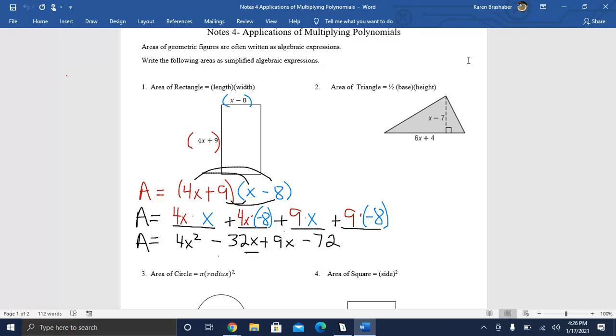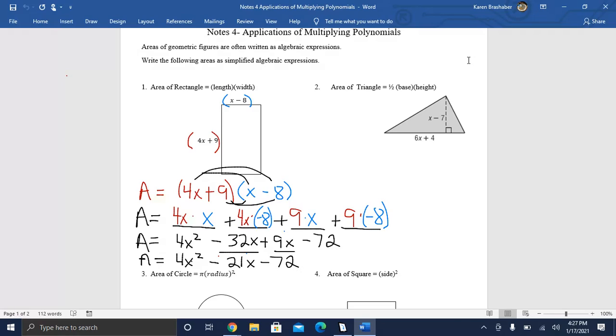Now we do have like terms in the middle, so we will combine those, and our final answer for area equals 4x to the second. And then when we combine negative 32 plus 9, we get negative 21x minus 72. And those are not like terms, so that would be our final answer for the area of